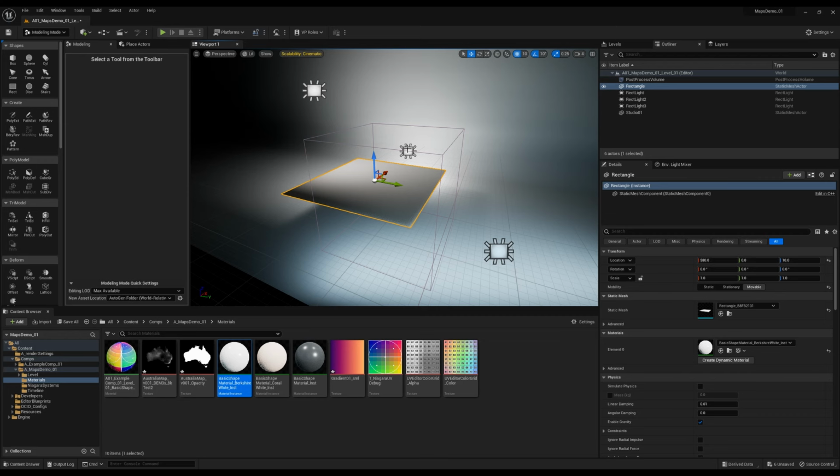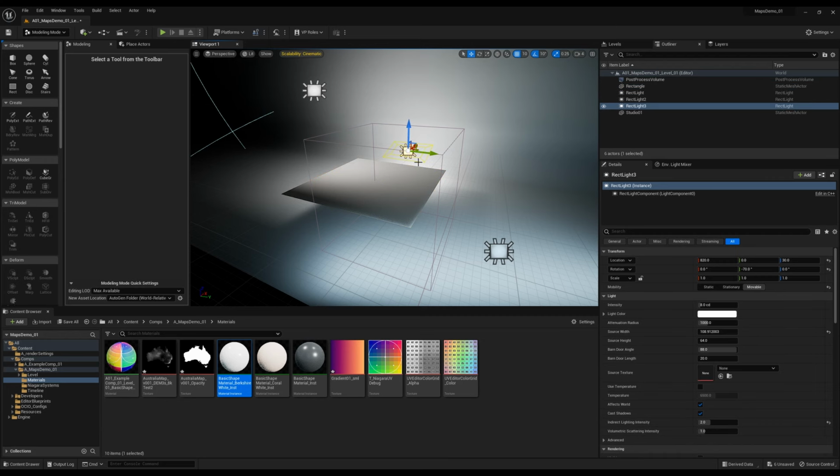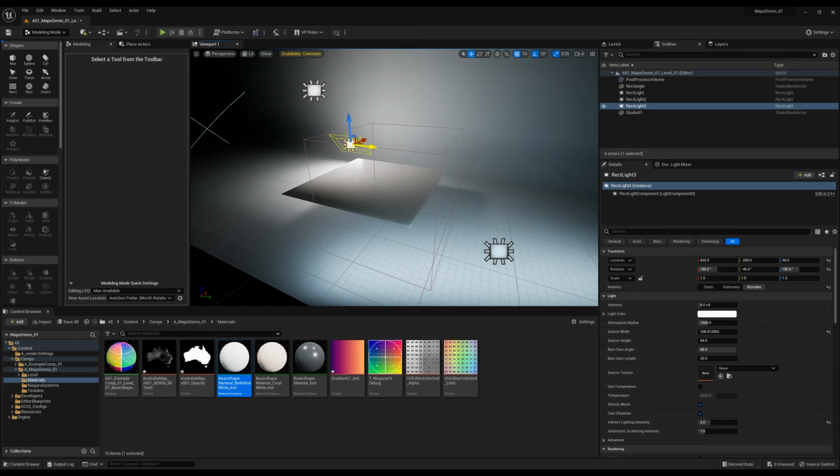But before we do that, I'm just going to move this light slightly so it accentuates what we're about to do. So with the gizmo selected, I'm going to hit E to bring up the rotate gizmo, rotate it around, and hit W to bring up the move gizmo. Now I can also just hold down Control and then right mouse button will click and drag and move it